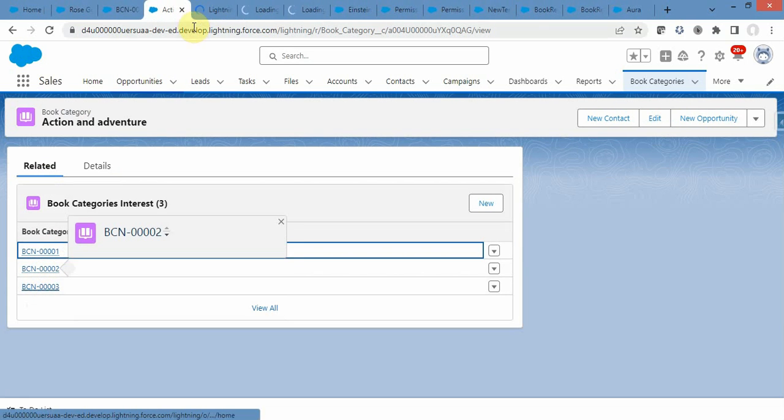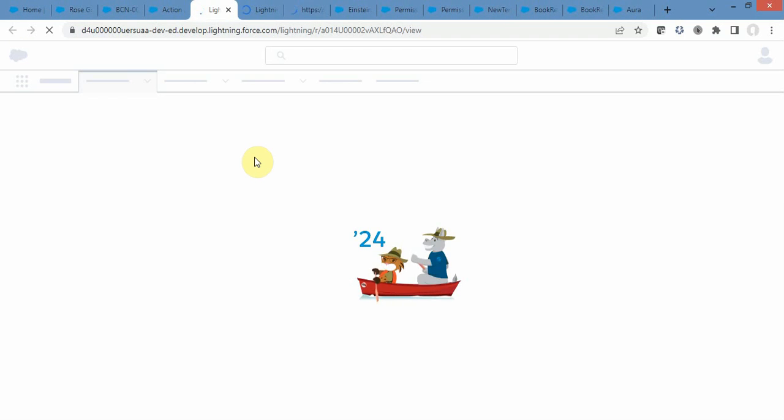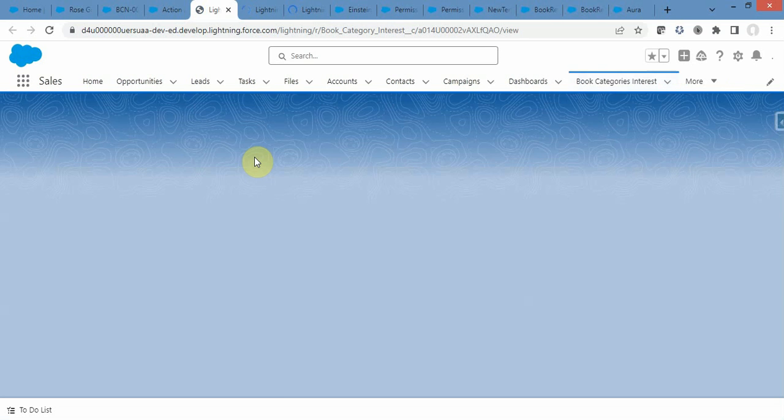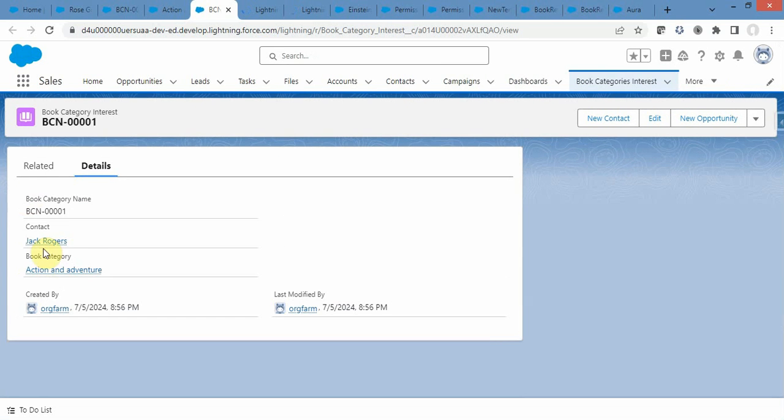If I go to all three, one is Rose and the other two are different users. See, here the contact is Jack, but in this case it is Rose. That's why I created a junction object between this category and contact,